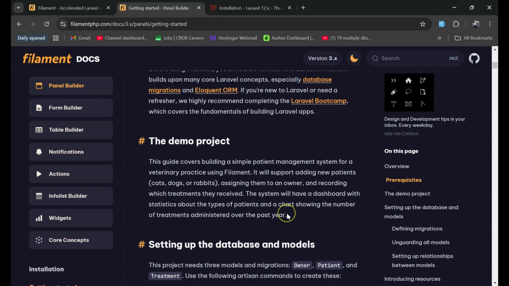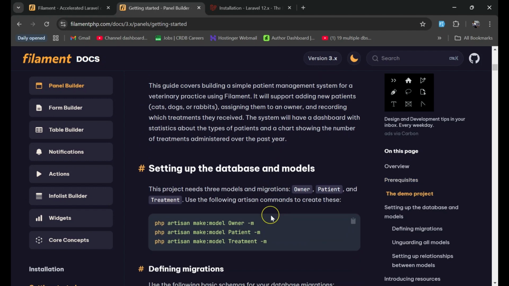As I mentioned in my previous video, we are going to create two real-world projects. So this one we'll just use for learning, but later on we will create two real-world use case projects that we can do ourselves from scratch. So keep that in mind. For now, in order for us to be on the same phase with the foundations of Filament PHP, I'll be working with this demo project so that we can understand what panels are and how we can work with them. So from now, I want to run this database and models,